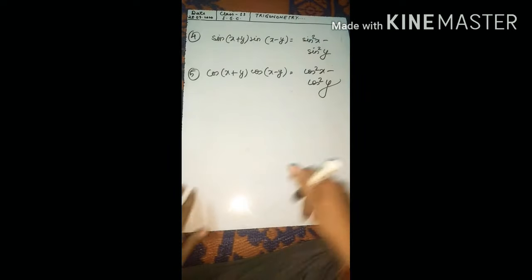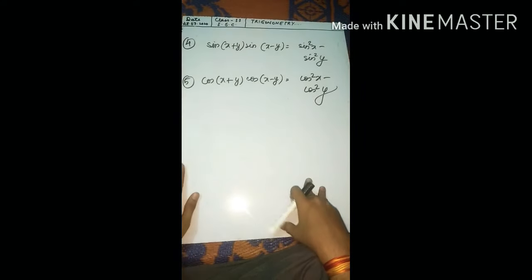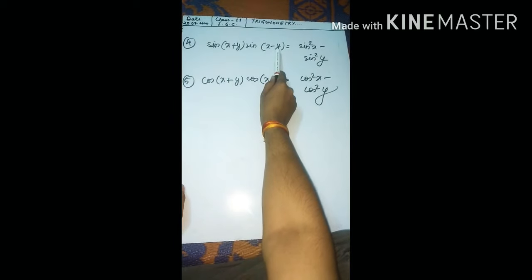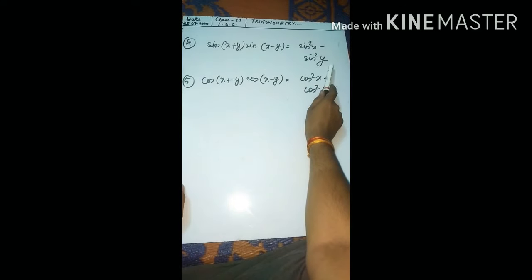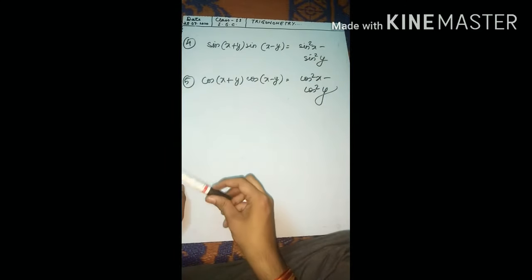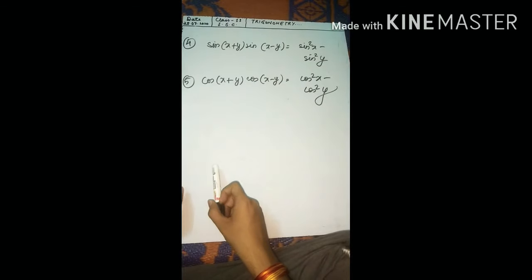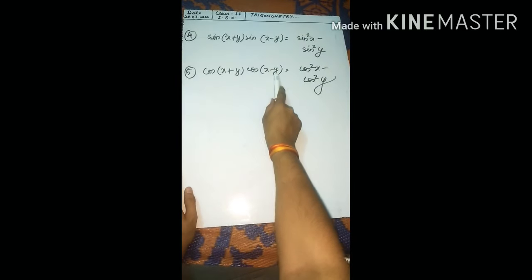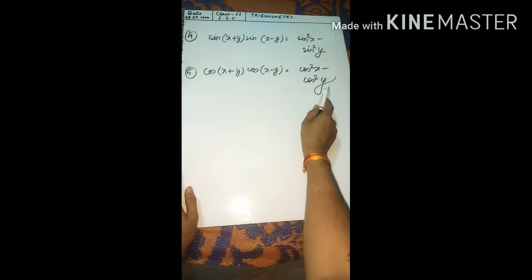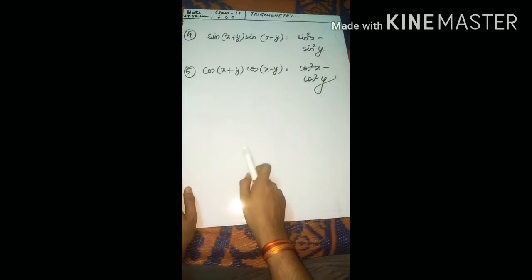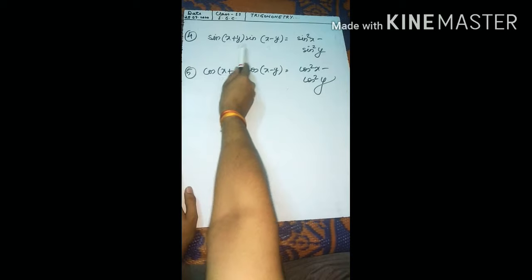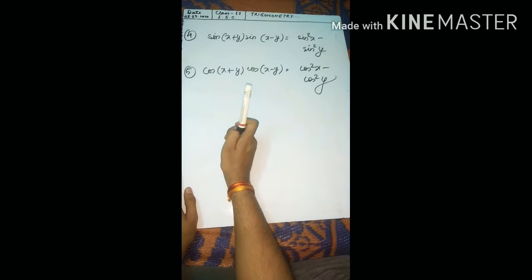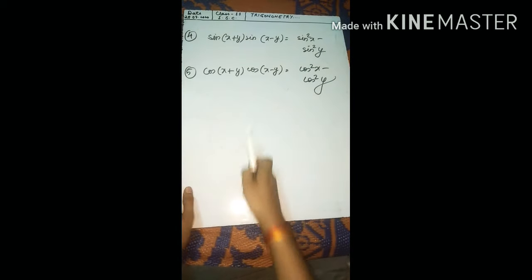Okay, if we come to the other two identities, they say that sin(x+y) into sin(x-y) will be equal to sin square x minus sin square y. Isn't this looking like (a+b)(a-b) equals a square minus b square? Okay, so that is what they have used here. And another identity, cos(x+y) cos(x-y) is cos square x minus cos square y. Now you can prove this identity. How? You already have the sin(x+y) identity and sin(x-y) identity. Put the values and just try to get sin square x minus sin square y. And similarly you do for this identity also.